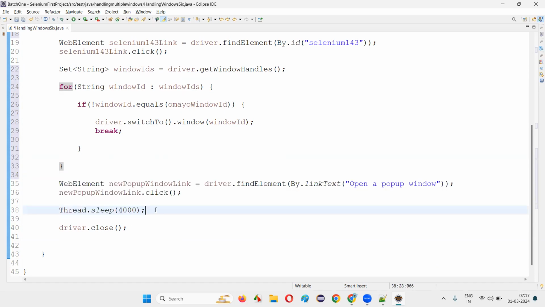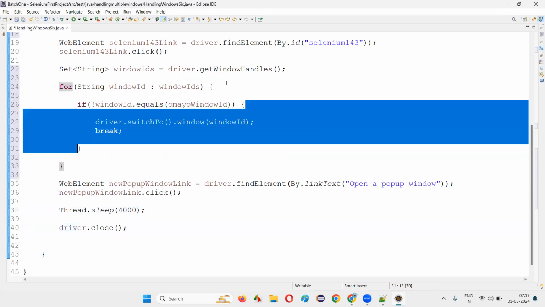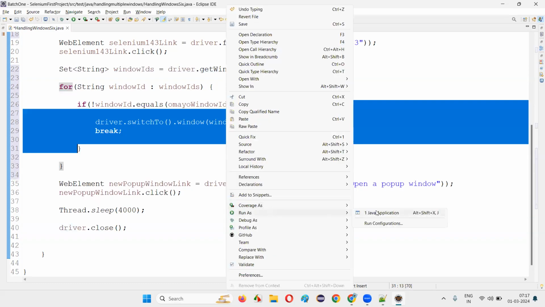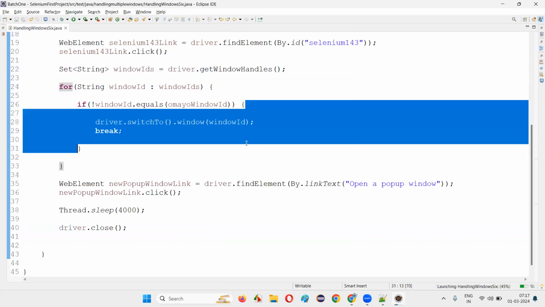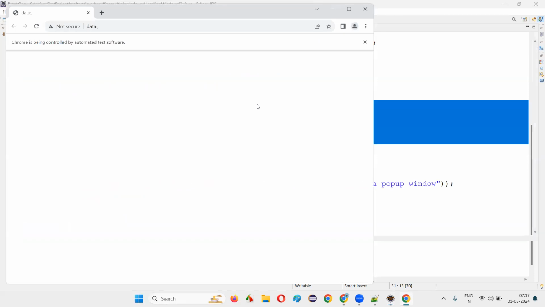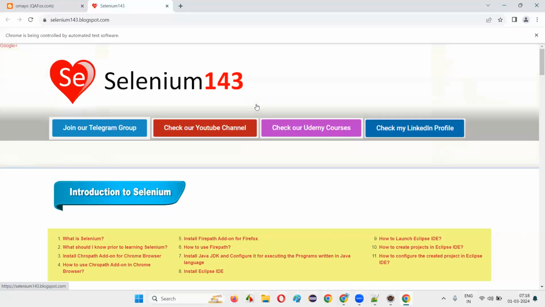But after Thread.sleep of 4 seconds, driver.close will close which window now? Whatever the currently focused window, that is the Selenium 143 window. Earlier it was the Omayo window. Now it will not close the Omayo window, it will close the Selenium 143 window, guys. Just observe, guys. Which window will be opened, closed? Just see that the pop-up window will be opened and